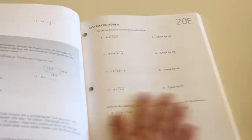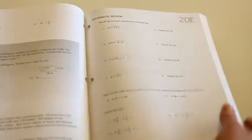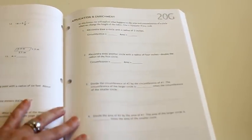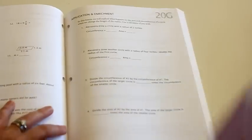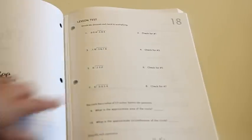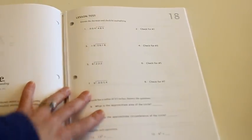I do not use the other worksheets right now except for the G worksheet. So on Fridays, they will do the Application G worksheet, which is the more story problems, like I said, application and enrichment, and they will also have their test that day. So they'll do a worksheet and they'll do their test. And then their test is what I grade and put in my homeschool tracker to keep track of their math